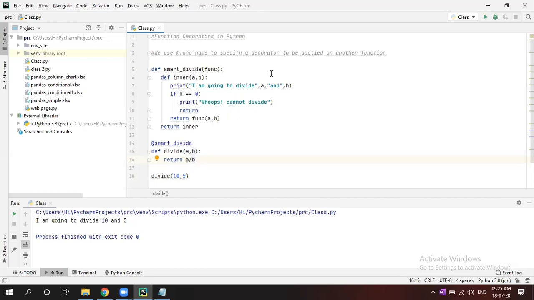There 10 comma 5. Then I am going to divide 10 5. If b equal to 0, no, it's not equal to 0. Then it will return the function AB. That means it will come back to row number 15.